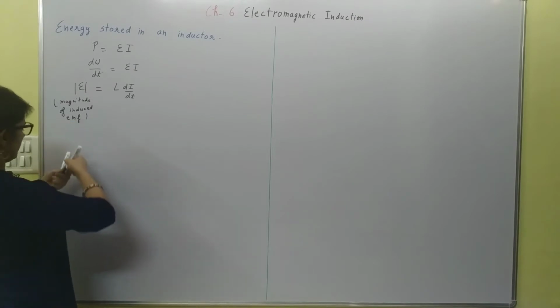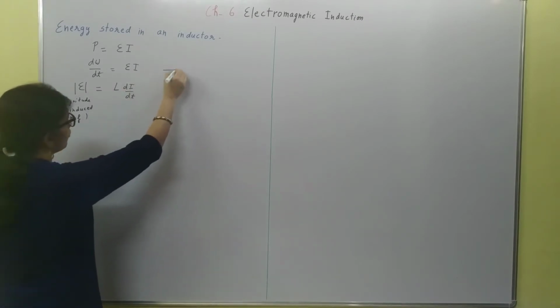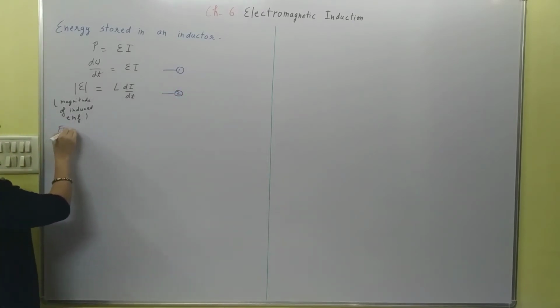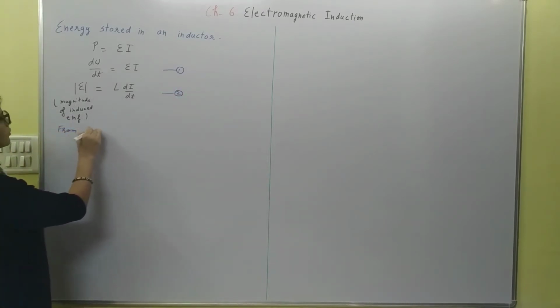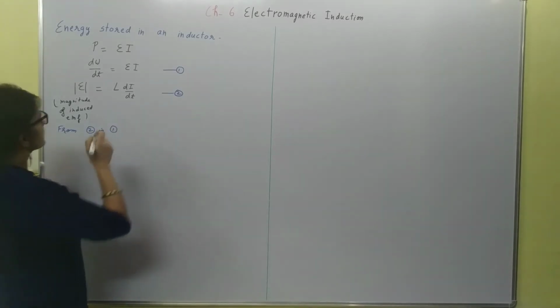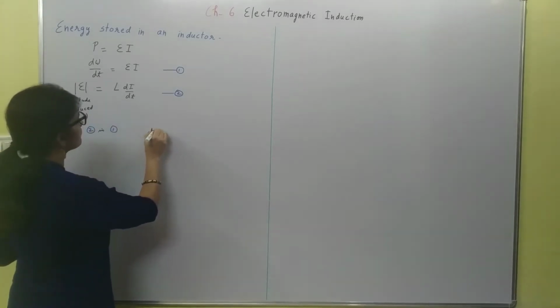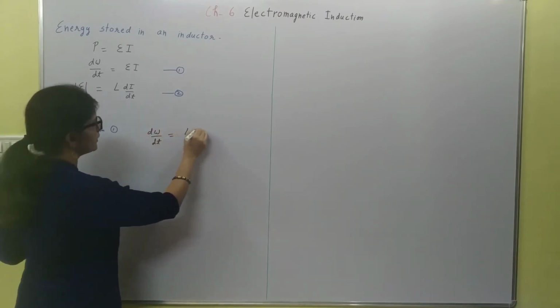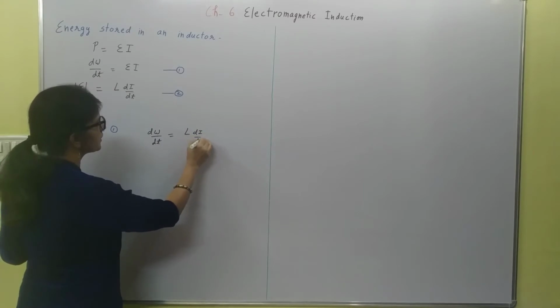So we can mark this as equation 1, this as equation 2. Putting 2 in 1, we can write dW by dt is equal to L di by dt into